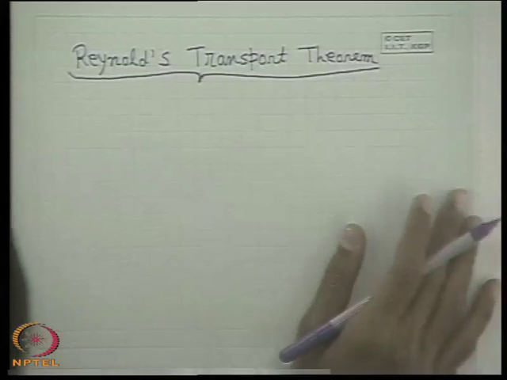So the Reynolds transport theorem is a theorem which relates the statement of any physical law for a system to that for a control volume. Again, it relates the statement of a physical law for a system to the statement of the same physical law for a control volume. How these two are related is given by the theorem known as the Reynolds transport theorem. Without giving a proof here, since the proof is not that important, it is more important to know the theorem very correctly. So I write the Reynolds transport theorem.